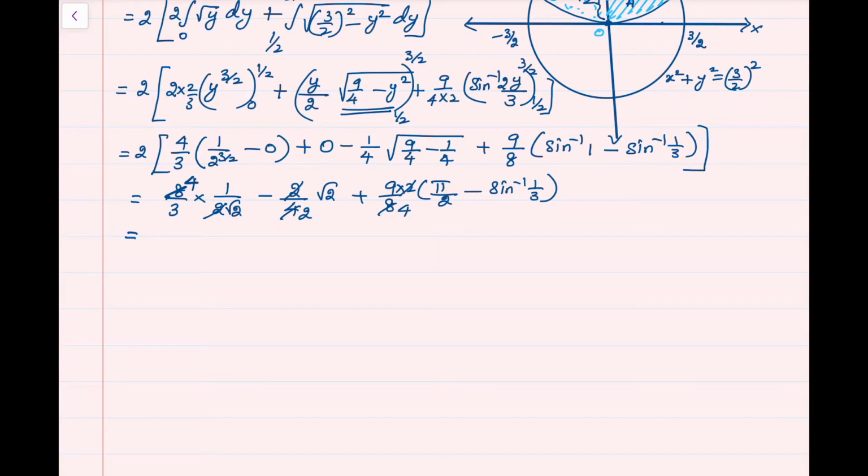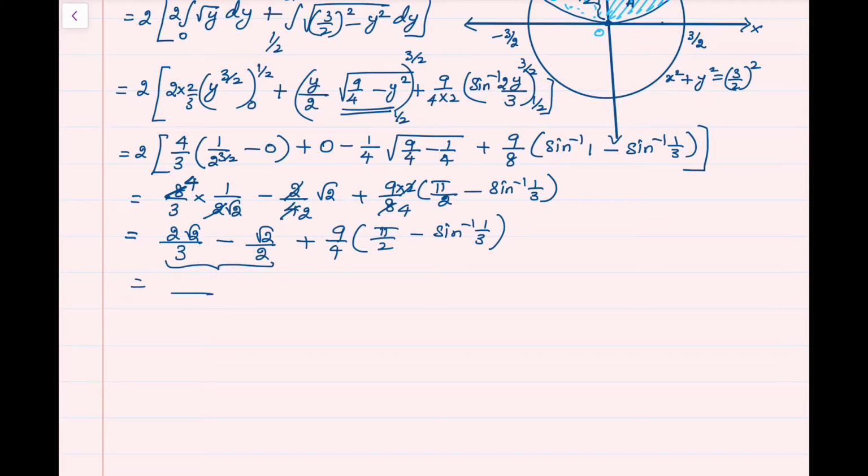Let us cancel root 2. So, we get 2 root 2 over 3 minus root 2 divided by 2 plus 9 by 4 times pi by 2 minus sine inverse of 1 by 3. These two are like terms. Take LCM 6. So, we get 4 root 2 minus 3 root 2 plus 9 by 4 times pi by 2 minus sine inverse of 1 by 3,